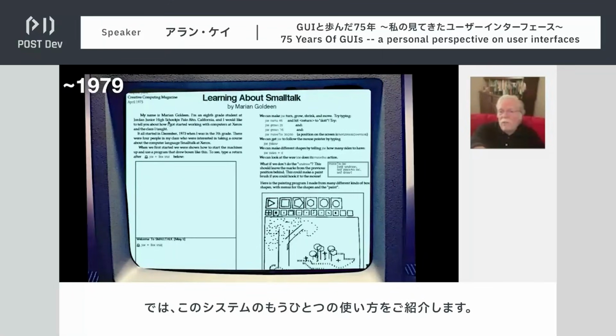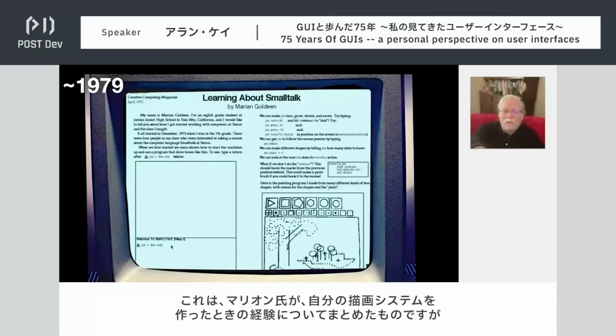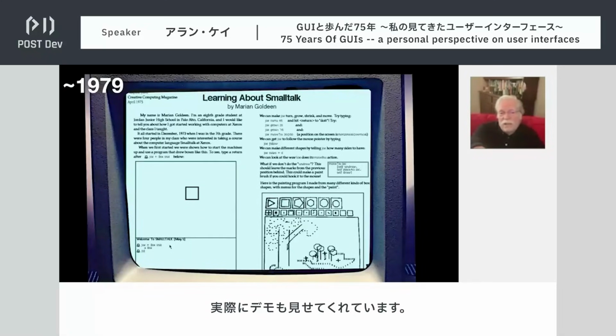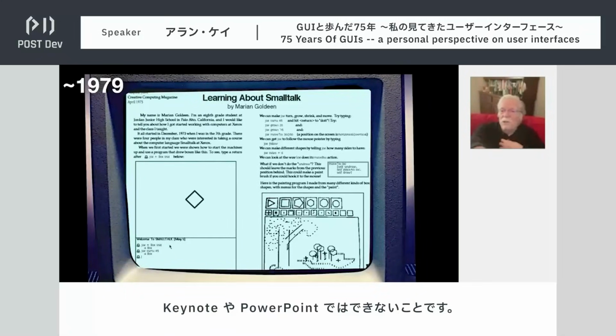So here's another way of using this system, which is to do what we call an active essay. This is about Marion's experience in doing her drawing system, but she's showing us a demo here. If you look at the lower left corner, in this actual essay, this is something I can't do in Keynote or PowerPoint.